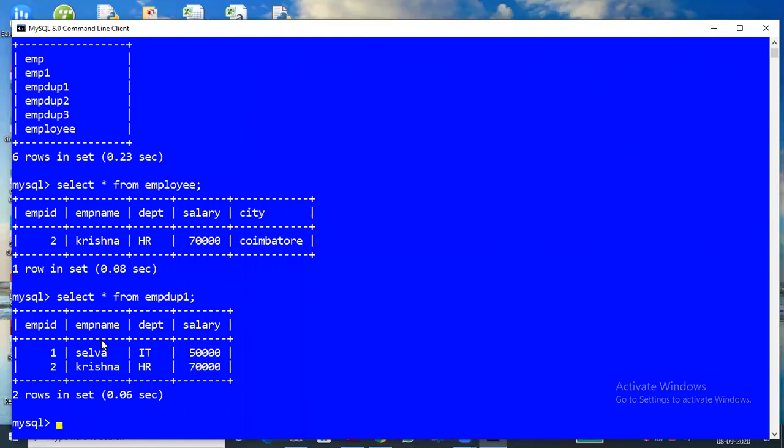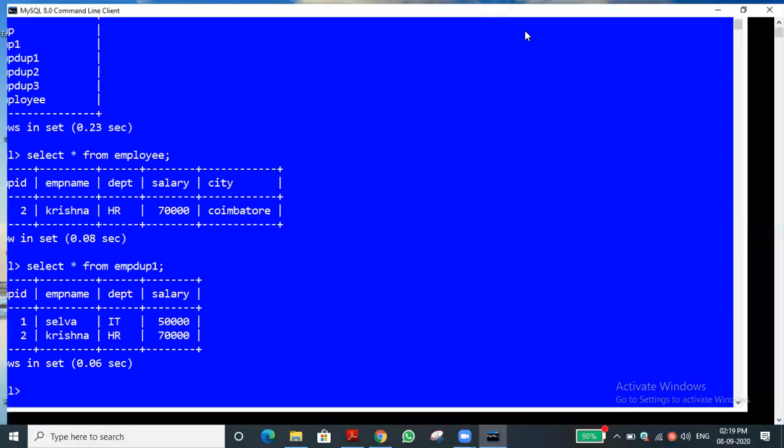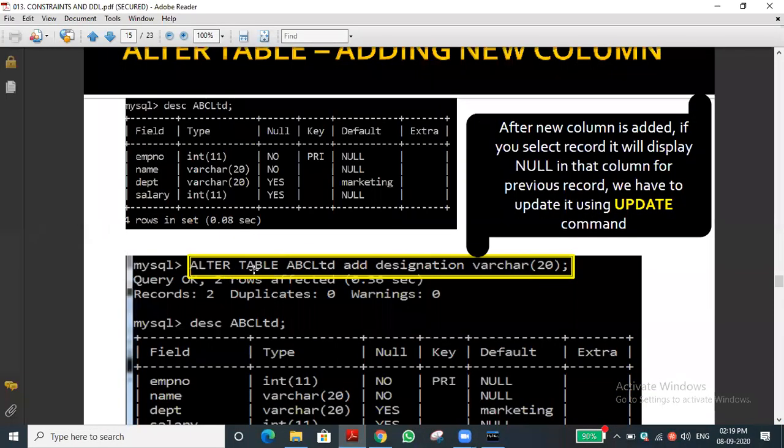Anyhow, we will see how to add the column that we discussed. What is the query to add the column? Let you see this command, alter table. You can read the highlighted one in yellow color: alter table, table name, add column name and the data type. This is the syntax. Alter table, and the table name to which we would like to add the column, add the new column name, and then its data type, what type of data type we are going to use for the field. That is the query to add a new column into the existing table.